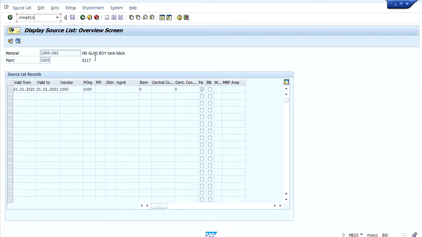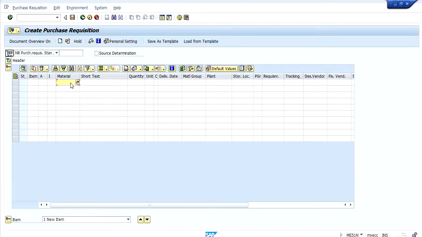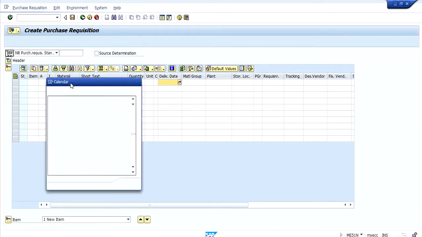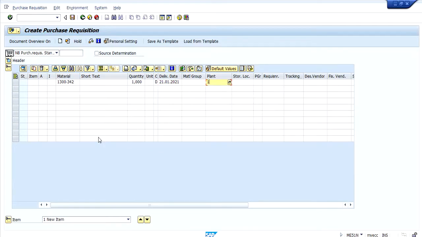Then while creating the purchase requisition, we should mandatorily give the material number, quantity, a delivery date, plant, storage location.